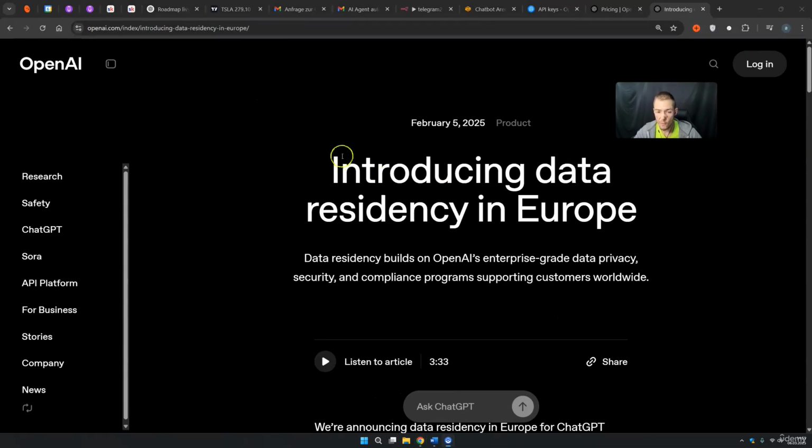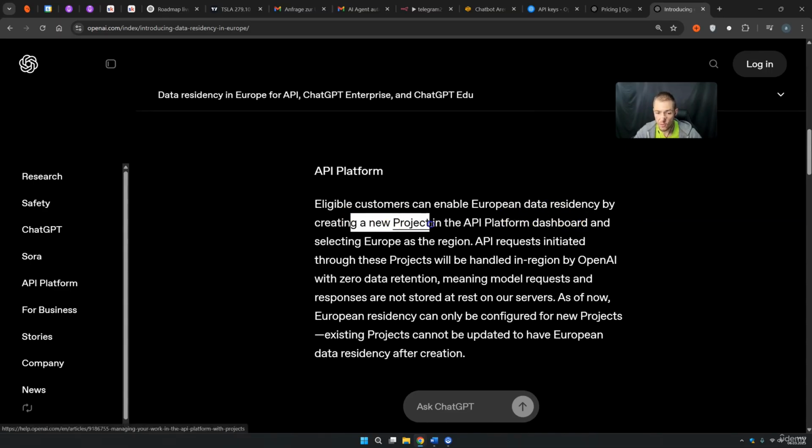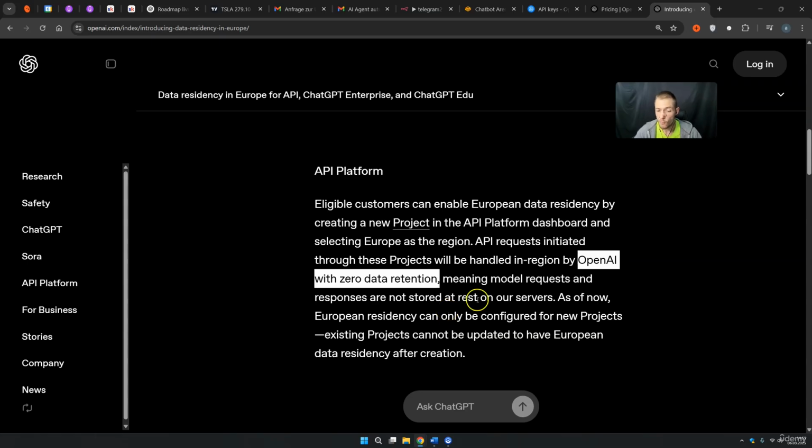And one more thing for developers that are based in Europe, you can also create new projects in the OpenAI API platform. And in the dashboard, you simply select Europe as the region. Then OpenAI will not send out your data to the US and you are basically completely safe, you are protected. OpenAI has zero data retention. And you are also safe if you work or live in Europe and want to do this for your business,